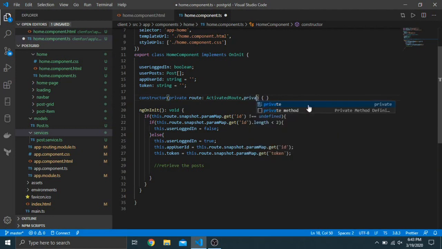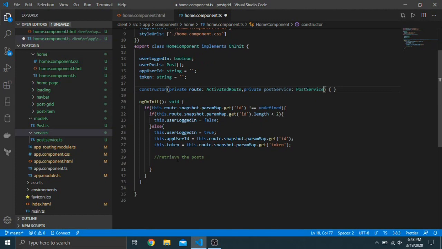We can do private, and then we can do post service like that, camel case, and then we can do that. And now we just instantiated an instance of this post service. And so now here we just want to call a method called, let's see, so I created a method called retrieve the post, and inside of there is where I actually did everything at. So right below here, I want to do retrieve the post,